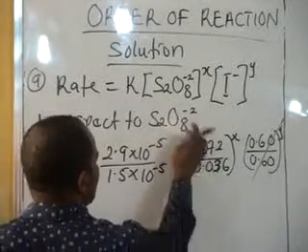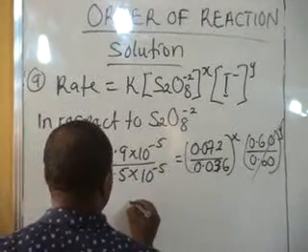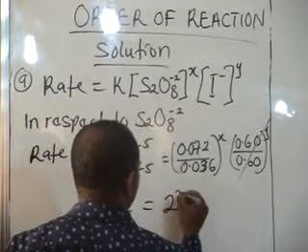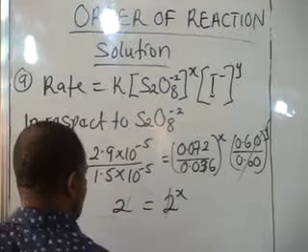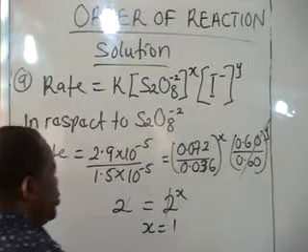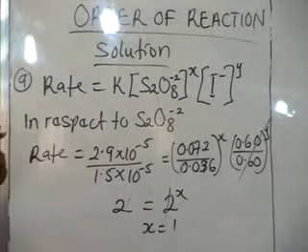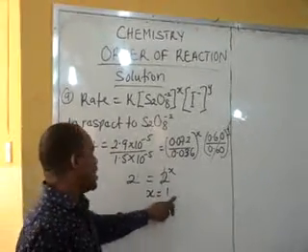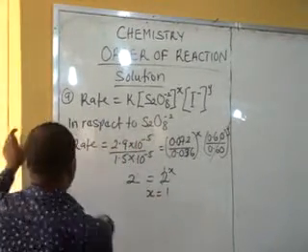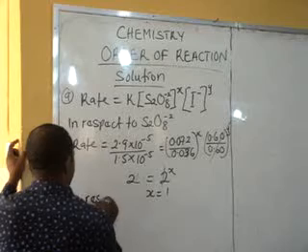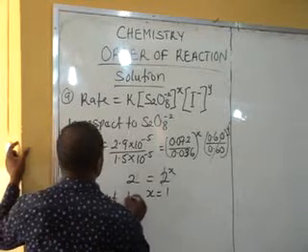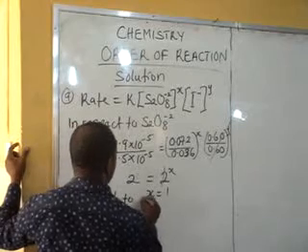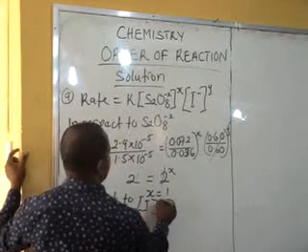Then when you solve this, dividing this by this, we have 2, giving us 2 to the power X. Then this will cancel this, and you have our X to be 1. So that means the rate of reaction is first order with respect to this. Then with respect to the concentration of I,